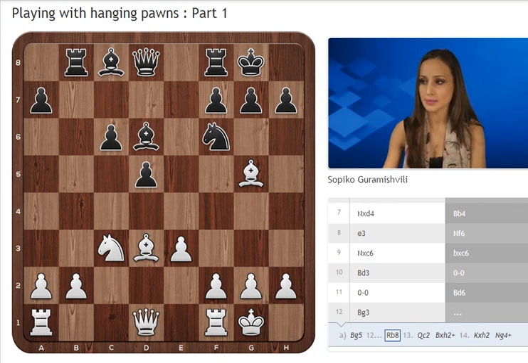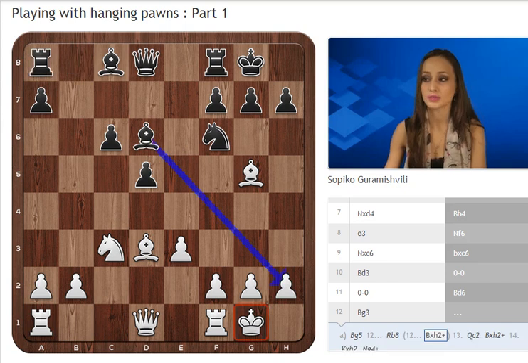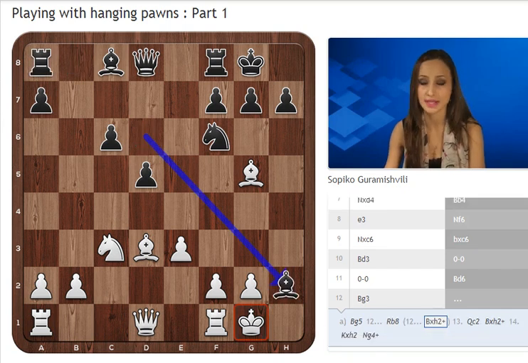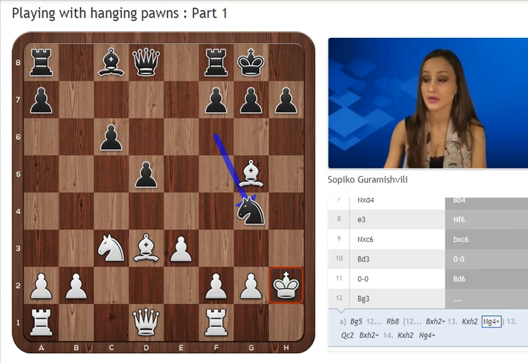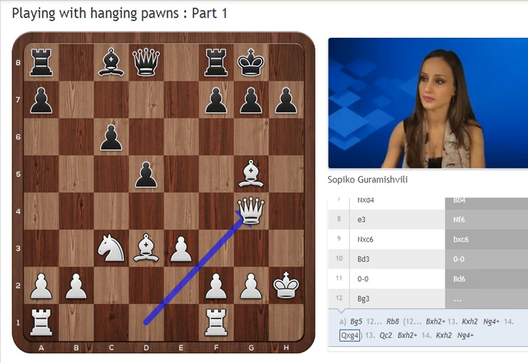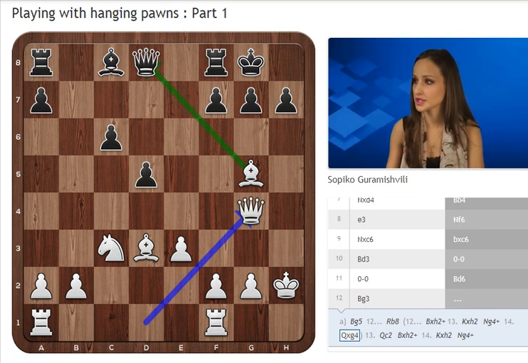But it is important here to mention that instead of rook b8, bishop h2 with the same ideas is really wrong, because after king h2, knight g4, there is a counter-attack, queen g4, and white wins the piece and has a completely winning position. So rook b8,